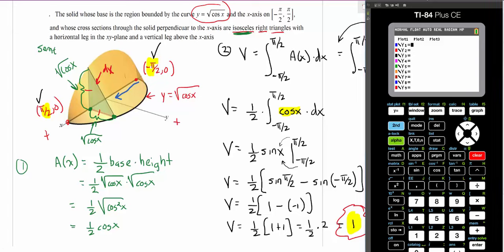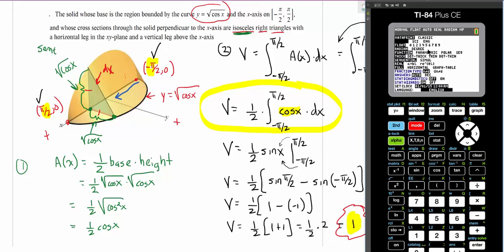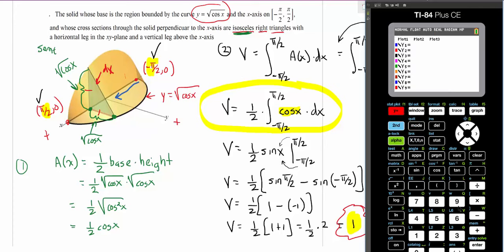Now, you have to assume that your integral's right. If you look at this integral, we can check that integral on our graphing calculator. We want to make sure that we're in radian mode, of course, and then we could just graph the cosine of x, like this. And for a window, we're integrating from negative pi over 2 to pi over 2. So I can put in negative pi over 2, and then I can put in pi over 2,